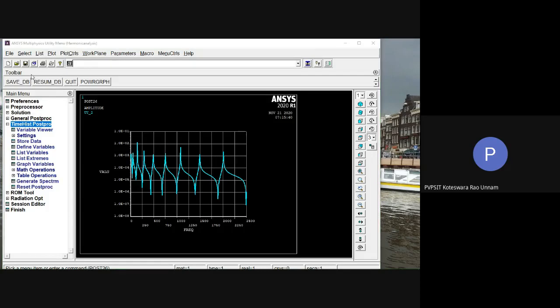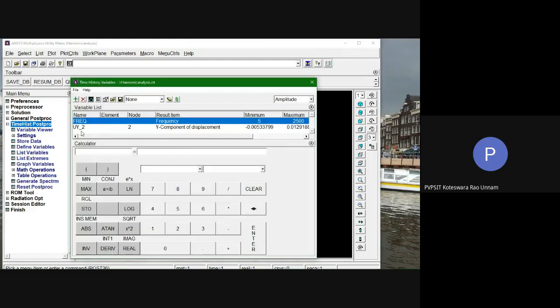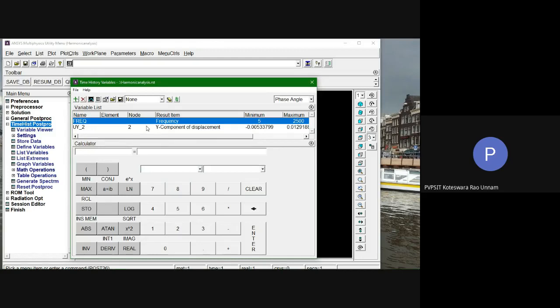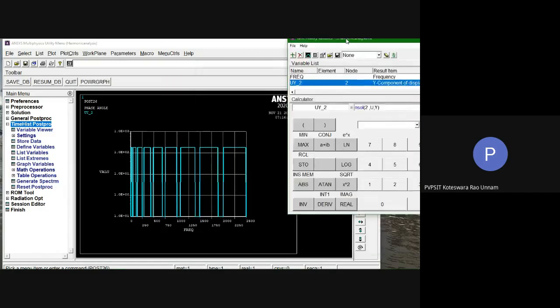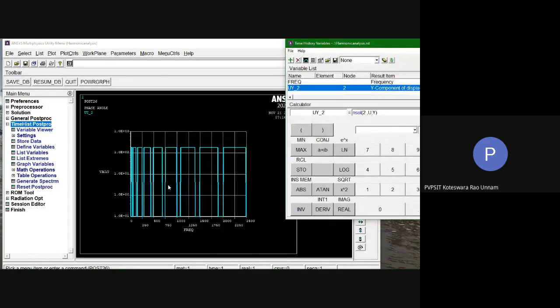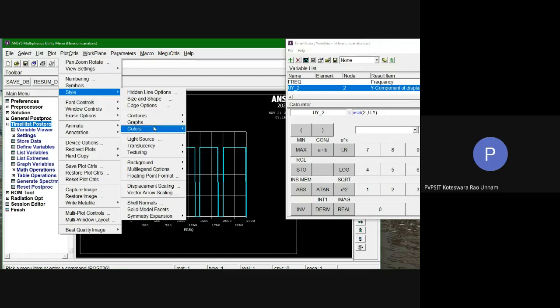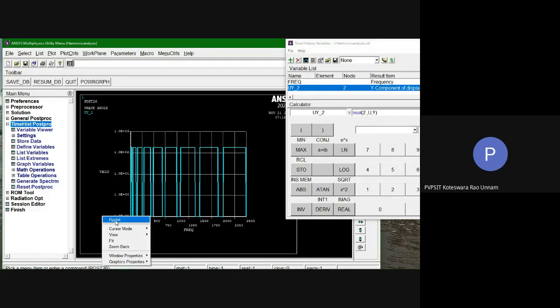Then if I want to go for the phase angle, again I need to select this. Now I need to change the result to phase angle here. Then I'll select this and click on plot. See, now we can see the phase angle is also there, but it is in log scale. If you want to change that to the general one, you can go for linear scale. Under graphs, again click modify axis. Instead of logarithmic, now we can take linear scale, click OK, and replot it.